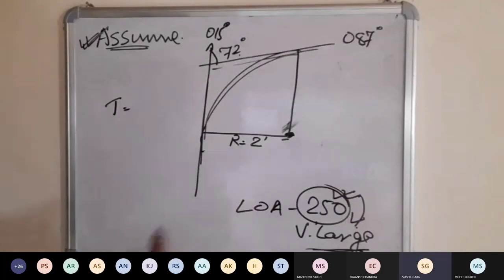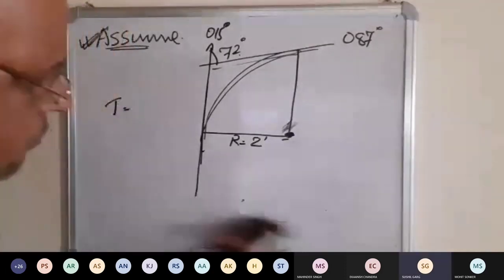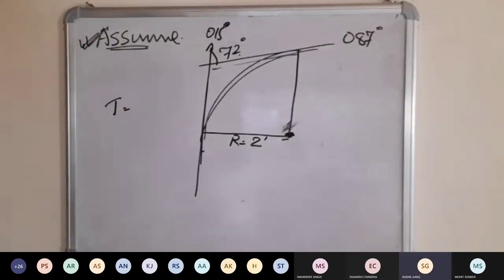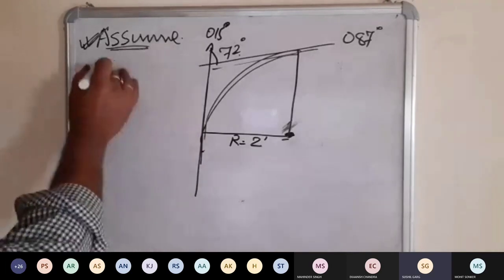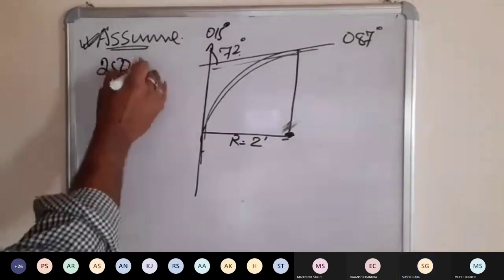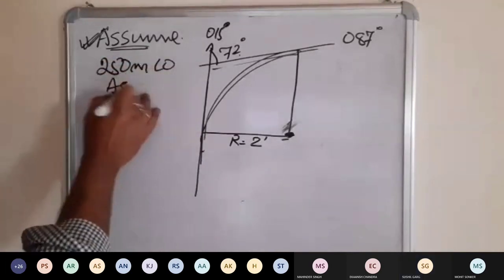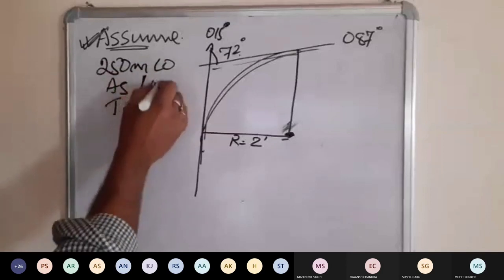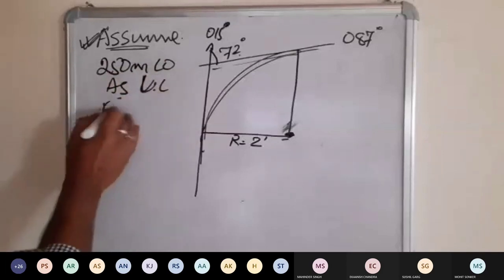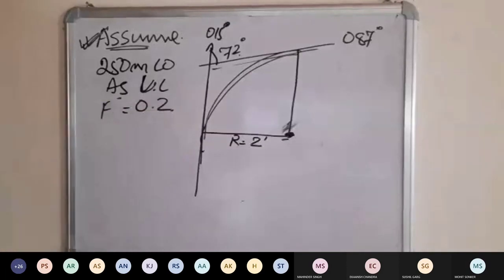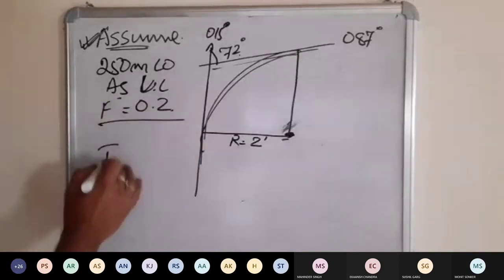So that means the value of F is 0.2. So do we have to write that as an assumption, or directly write that LOA is 250 meters? So considering 250 meters of LOA as a large vessel or very large vessel, and hence F is equal to 0.2, and so T is equal to